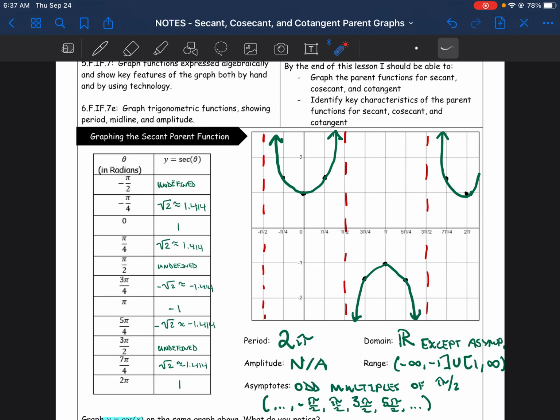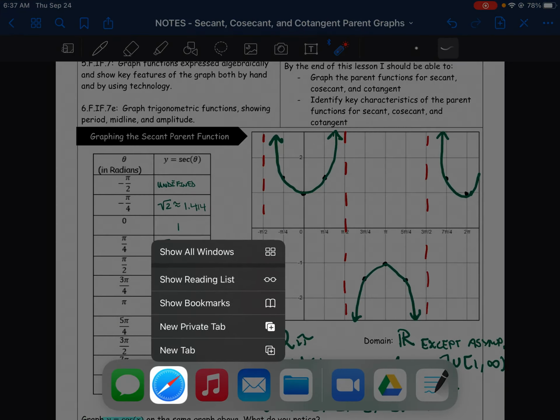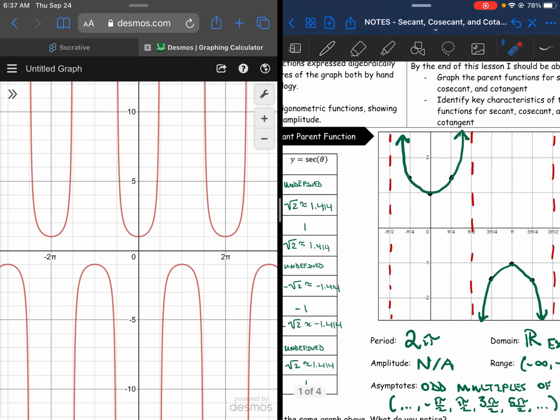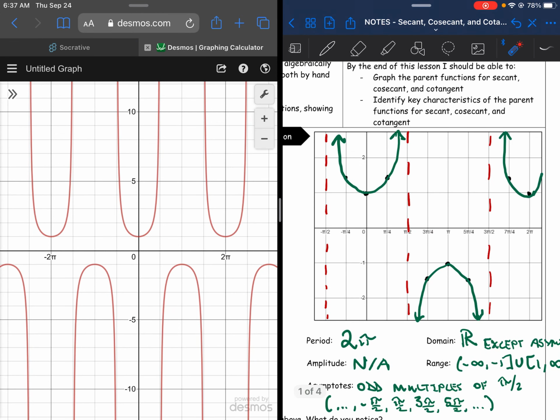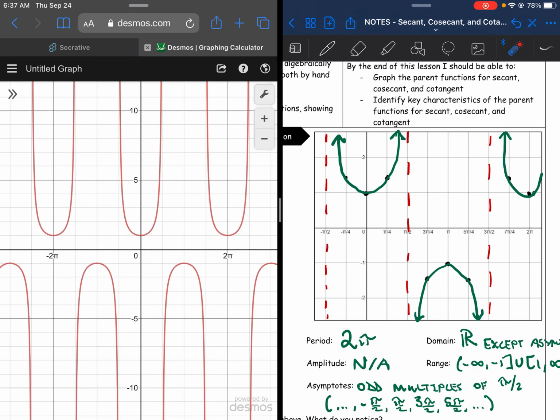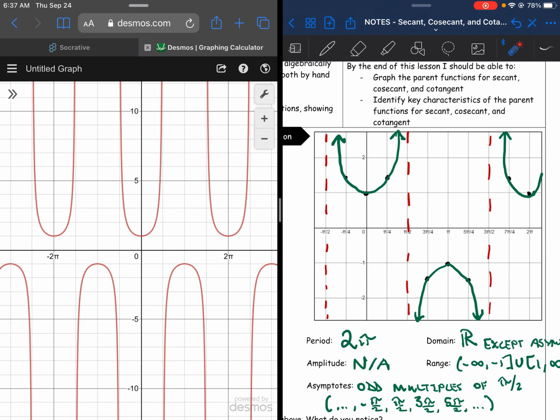So let's go ahead and compare this graph with the graph of y equals secant of theta that we'll get from Desmos. And let's look for some key points here. So in Desmos, we are getting the point 0, 1. We can see that right here. Let's go and take that off here. So if we zoom in,